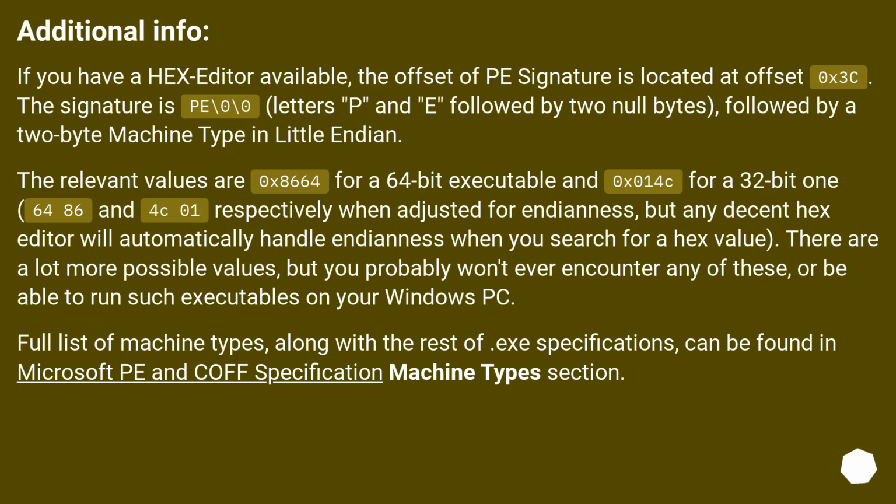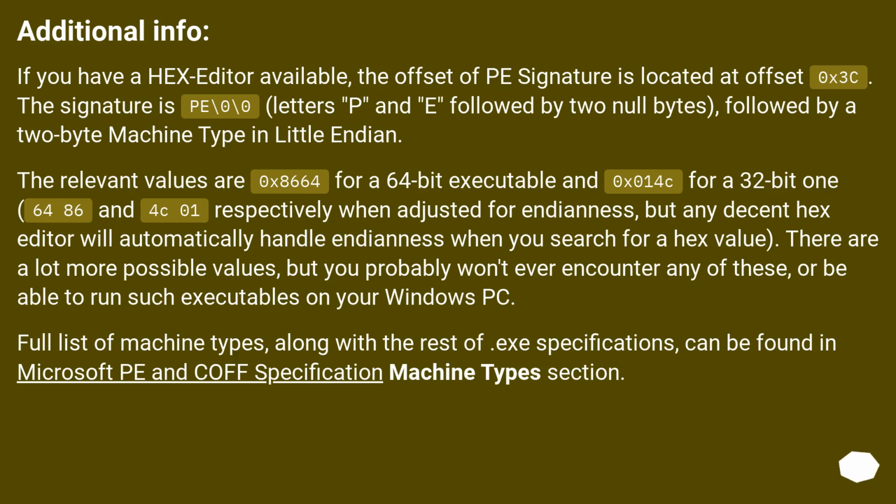Additional info. If you have a hex editor available, the offset of the PE signature is located at offset 0x3C. The signature is PE\0\0, letters P and E followed by 2 null bytes, followed by a 2-byte machine type in Little Endian. The relevant values are 0x8664 for a 64-bit executable and 0x014C for a 32-bit one,